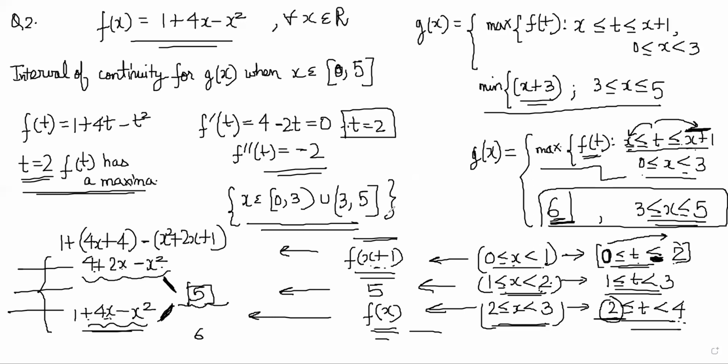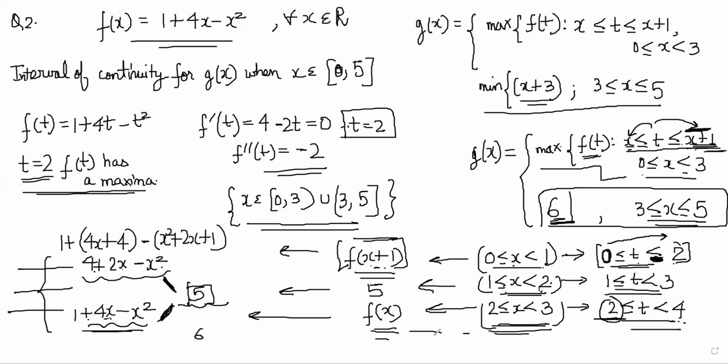And in 0 to 1, we realize that whenever x takes a value, t takes a value between x to x plus 1, right? So t values are going between 0 to 2. So the maximum will happen at the higher limit of that, because it is an increasing function there. So f of x is not the maximum, f of x plus 1 is the maximum there. So whatever is f of x plus 1, that is the answer there.